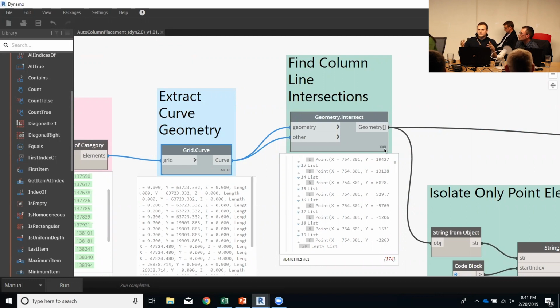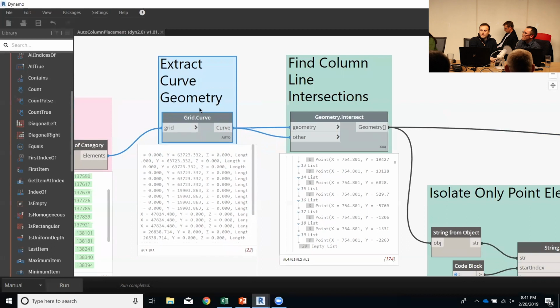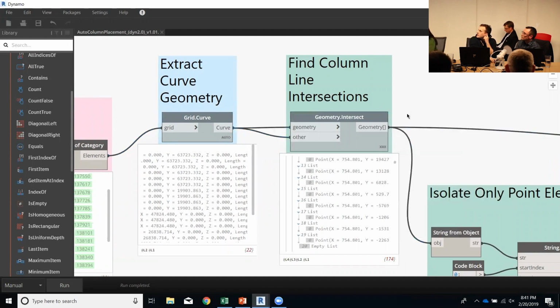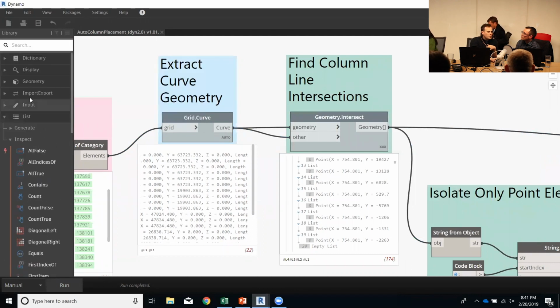So this goes back to the idea of you want these two lists to compare each other equally, which is why we have the output of one node plugging into the same or different inputs of another node and comparing against itself. There might be other more effective ways of doing this, but as we're teaching, this is a really helpful tool to understand the consequence of what happens when you switch from the right or wrong lacing structures. So if you're getting to this point where you found your geometry.intersect, which might be up here under